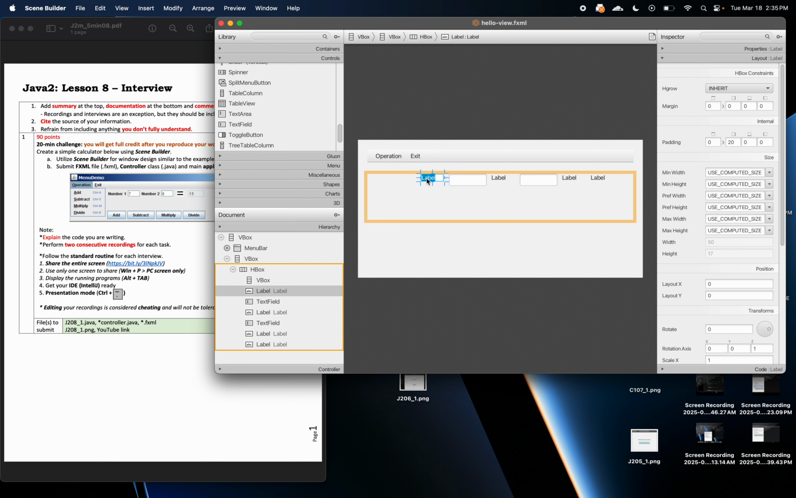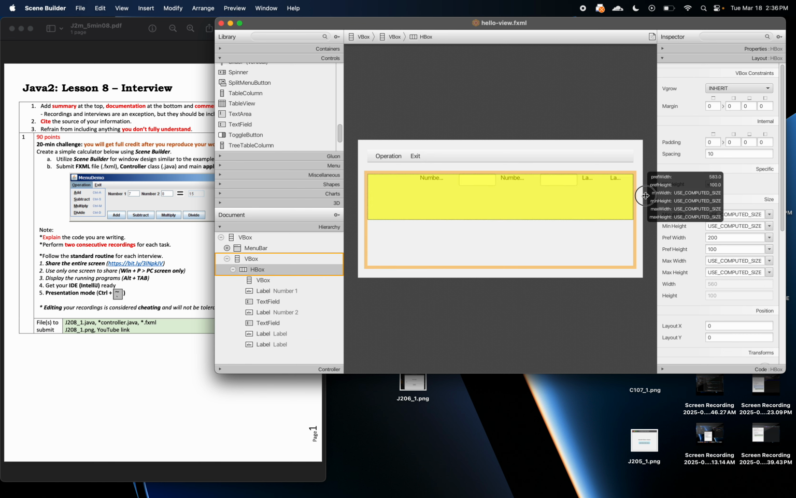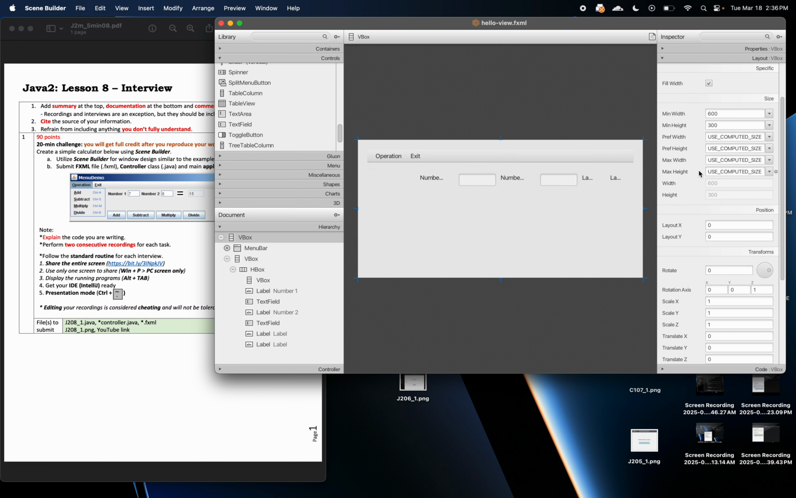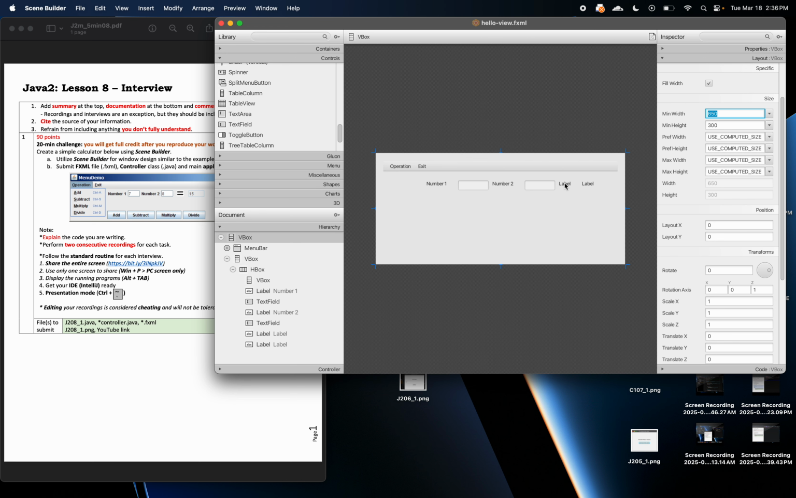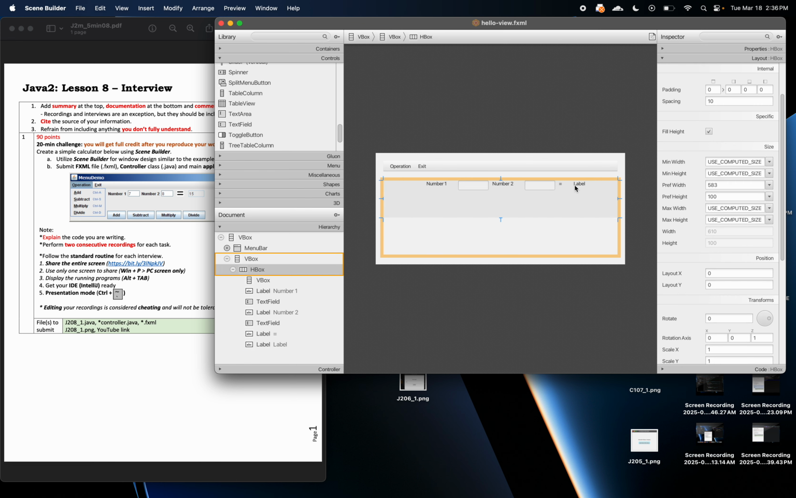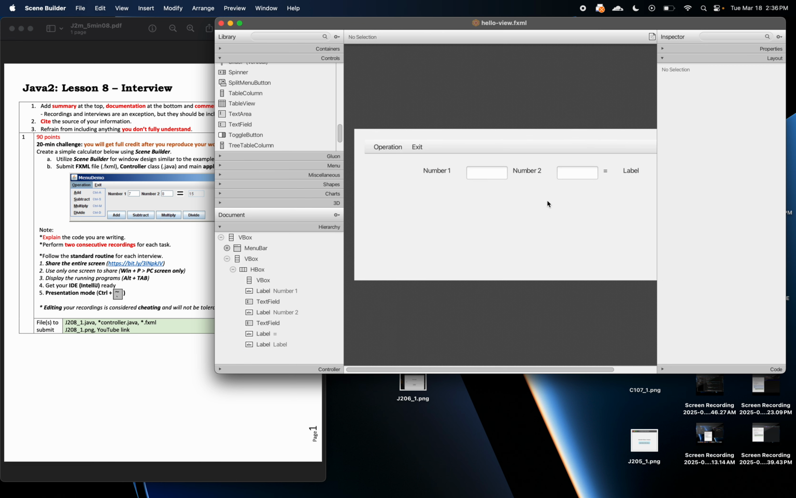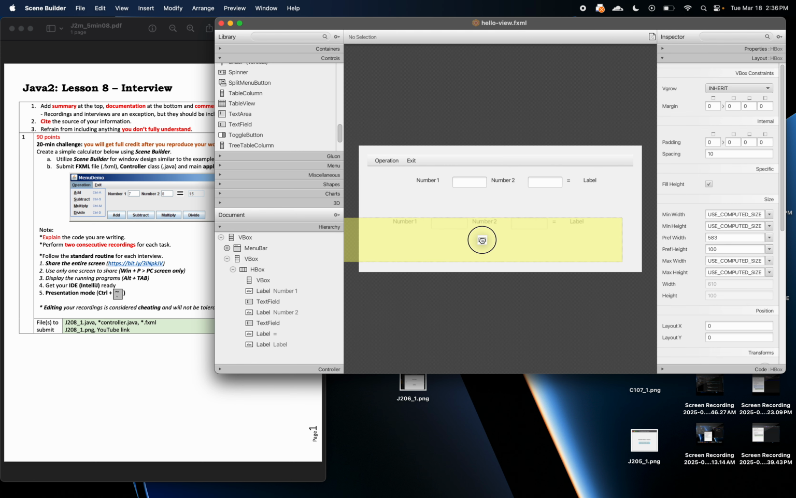Okay. This one I'm going to call number 1. This one we'll call number 2. Yeah, let's make this a little bit bigger. Okay. Equals. Leave that label there for now. And on the bottom H box,